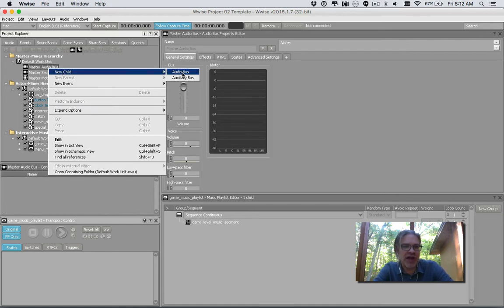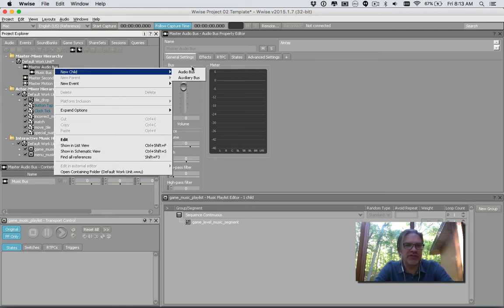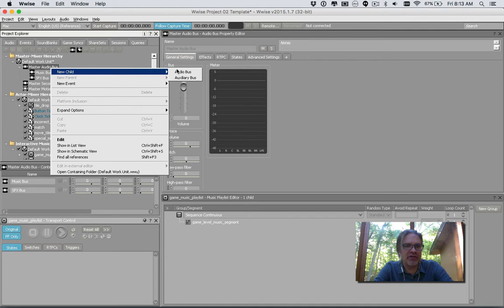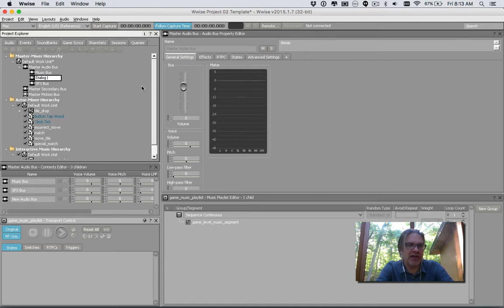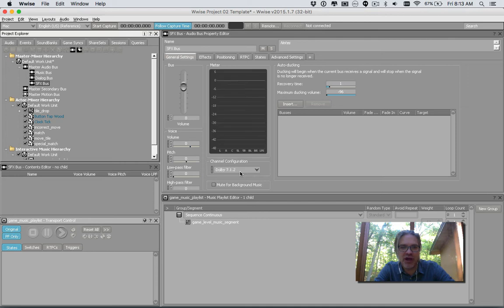So I'm going to go ahead, new child, and another bus, and let's call this the music bus. Let's also create another one, which is a sound effects bus. And although we're not going to use it, we're going to create another one for our dialogue, so dialogue bus. Okay, so we have 3 buses created, and you can see when I click on them, each one has its own properties here, where we have an overall bus mix, and we can actually add in other things like pitch shifting and low pass filter directly on